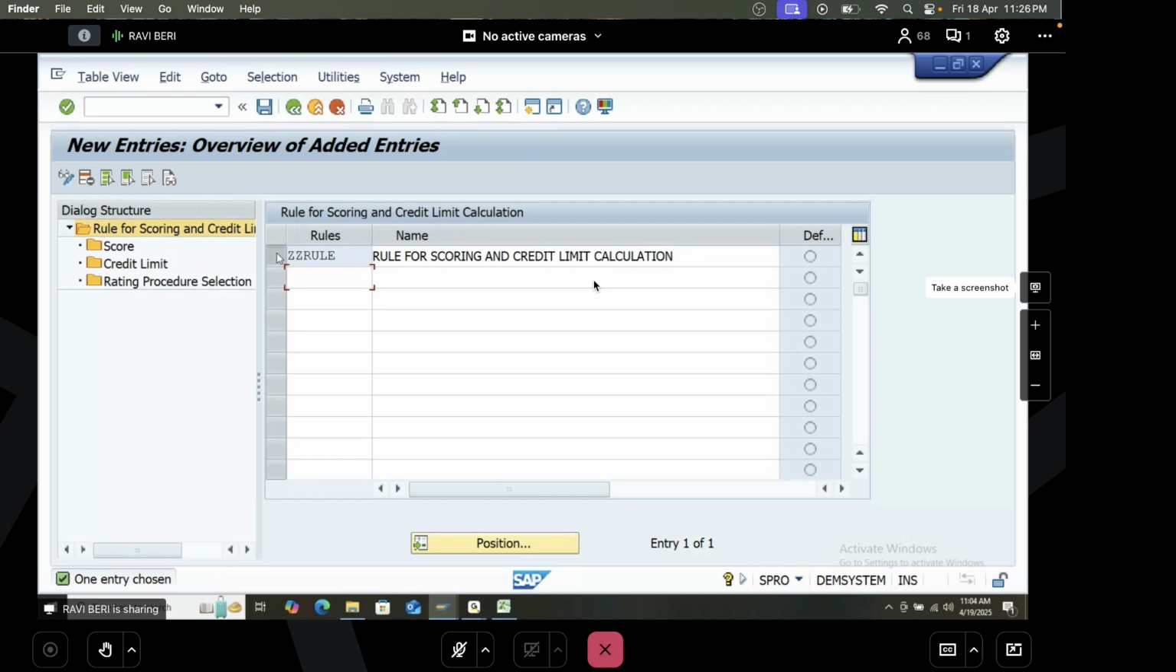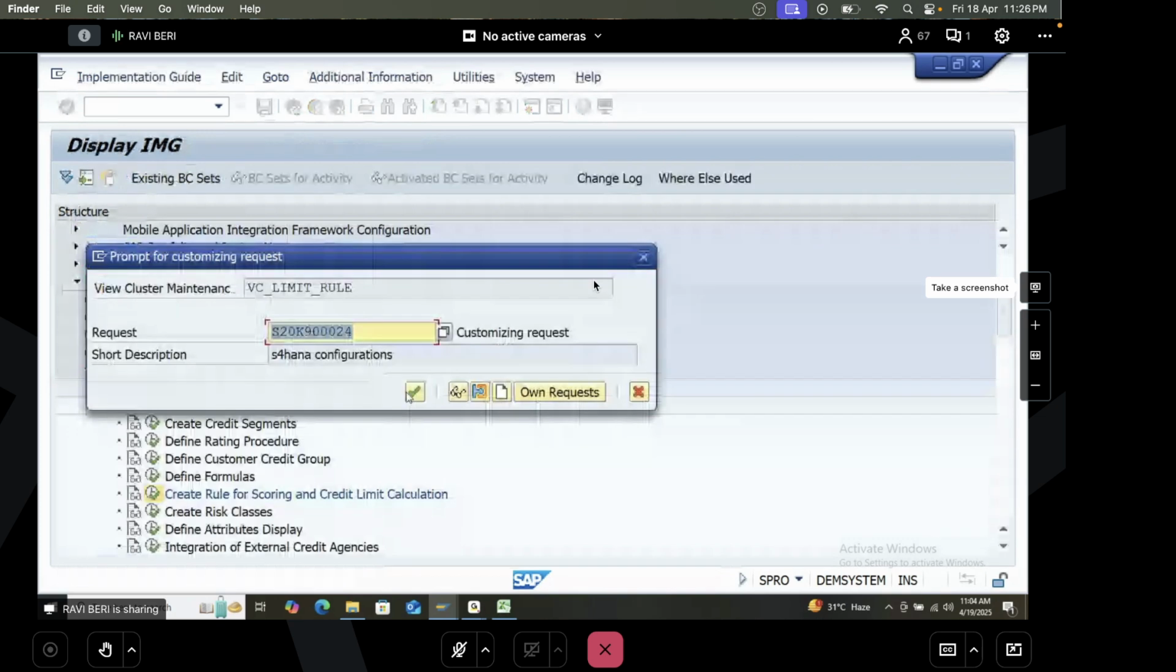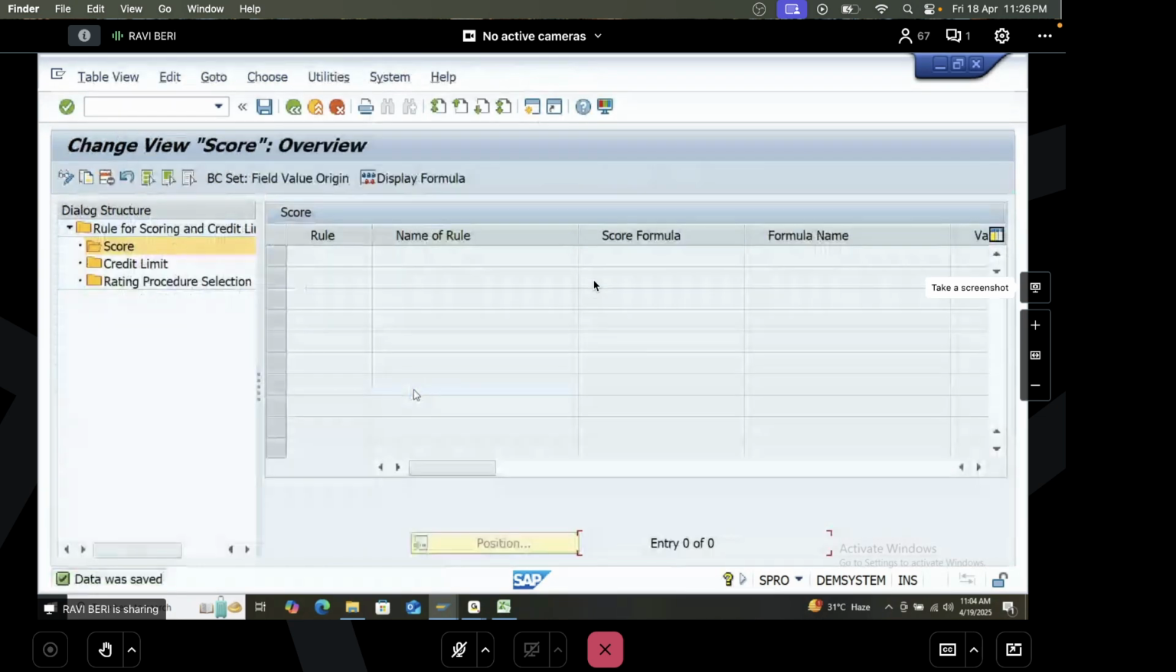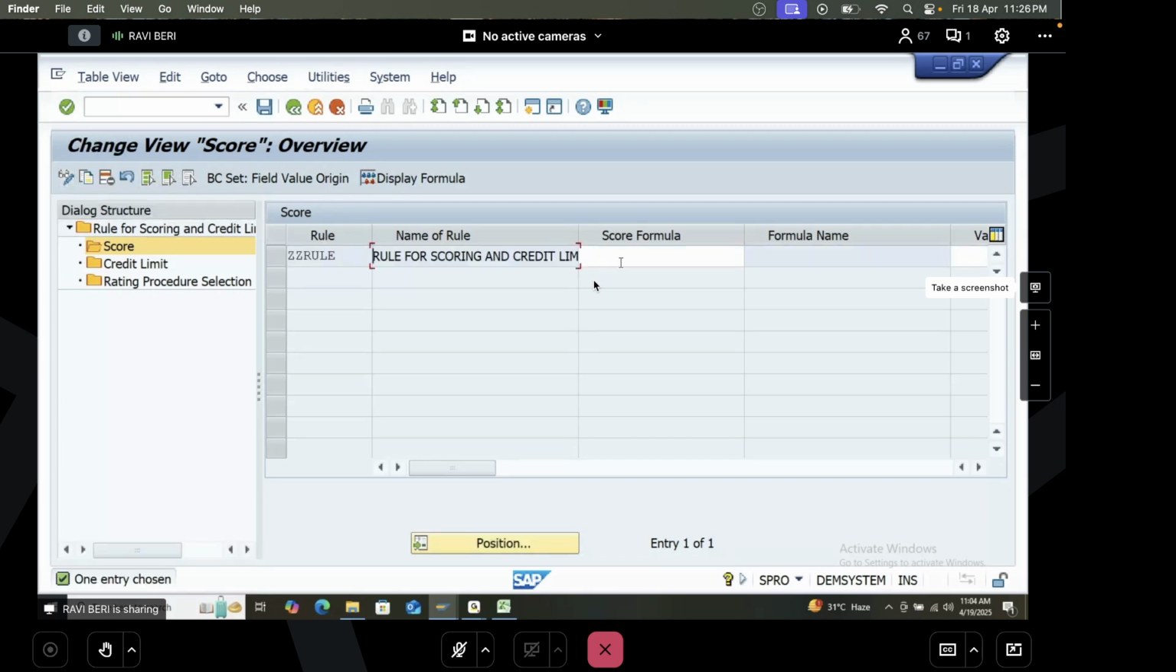Now select this. Double click on score. Okay, save it. Double click on score, save it. Click on this change button 2 times. Now display again, change. Then you will get this. Mention the score,